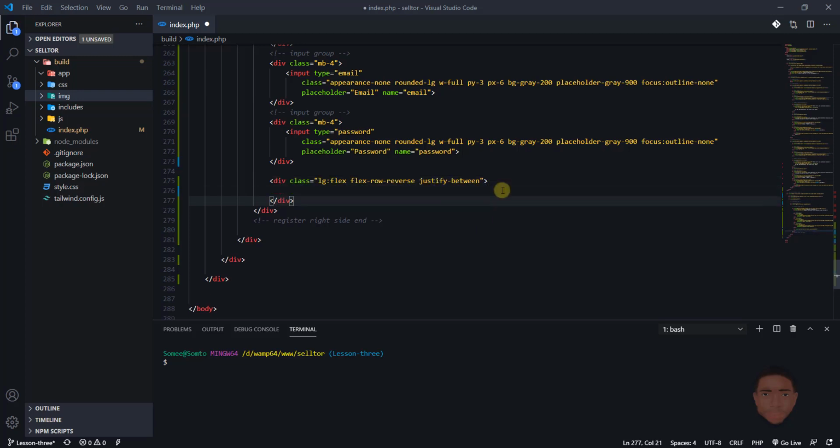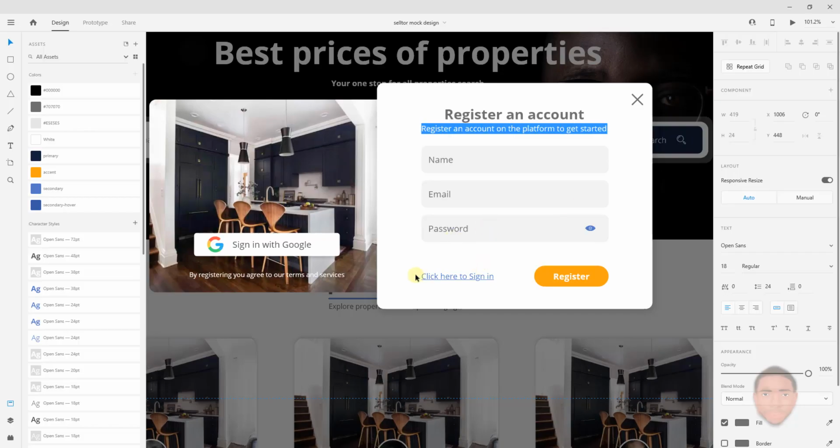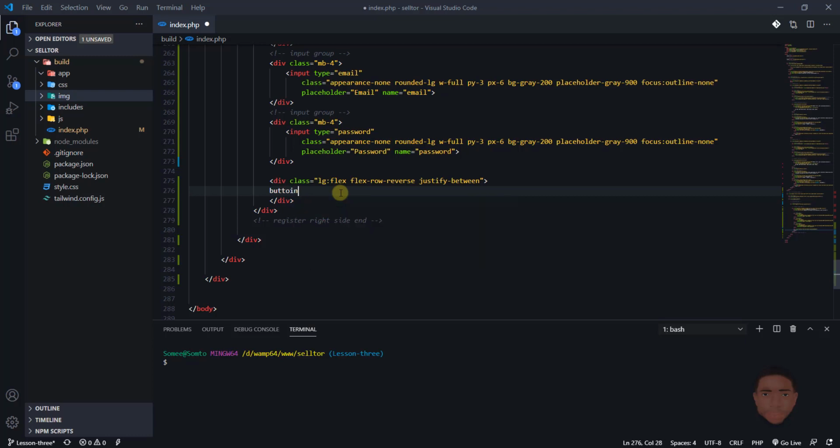Okay. So we see that the text was first and then this other one second, but with flex row reverse, I will add the button first, and that will just reverse. That will change the order. So in there, I'll say button,